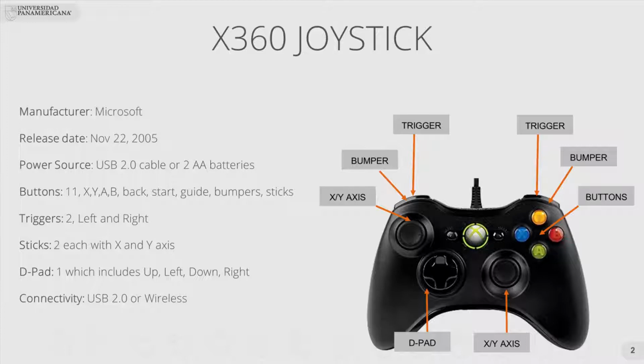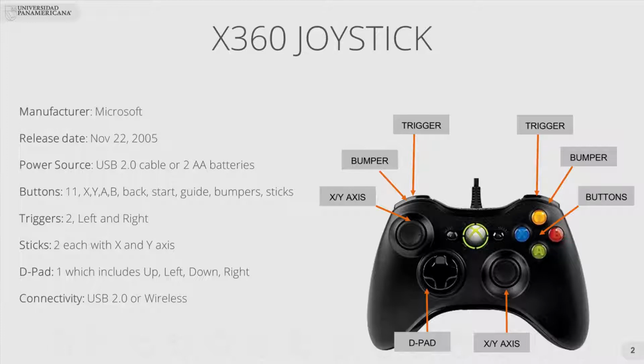And we can use a combination of those, like up, left, or up, right, or down, left, down, right. Finally, the connectivity of this particular joystick is either using a USB 2.0 cable, as we said before, or it can be wireless. And inside the Xbox, it has the receiver.